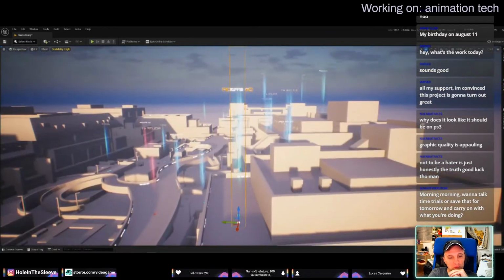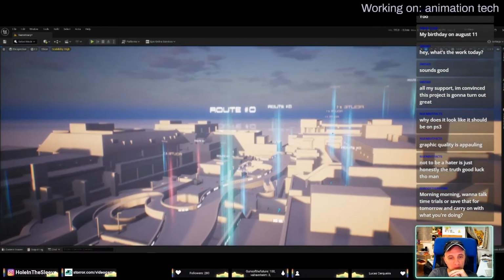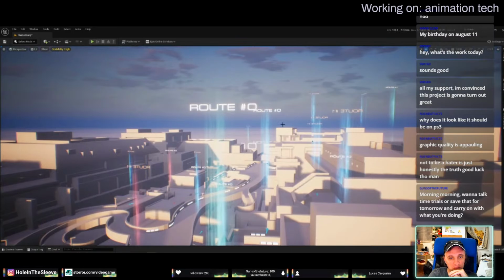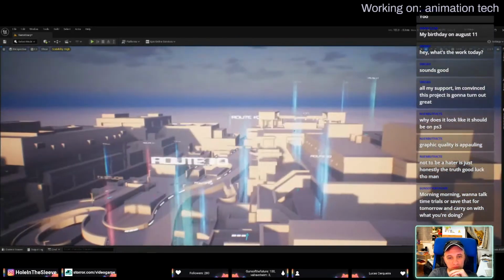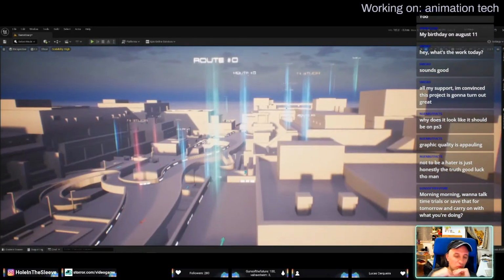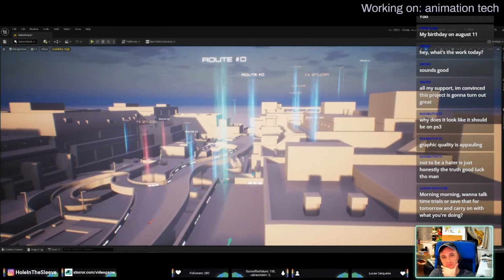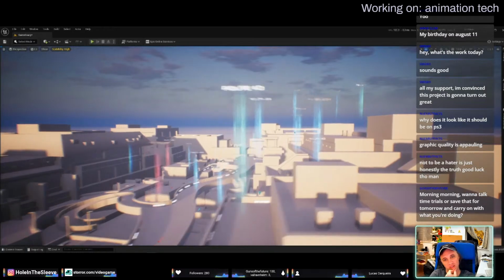And yeah, this is the visual at the moment. So these route numbers at the top you can't see in game. They're just an editor thing, so we can keep track of which route is which. Should we make them visible in the game? We can do if you want, I mean, to name the routes.